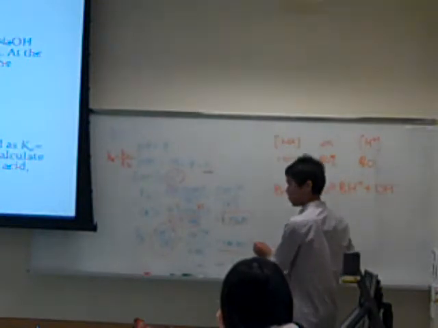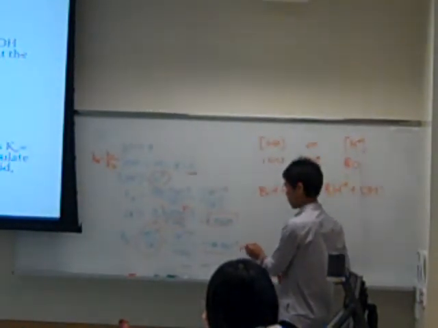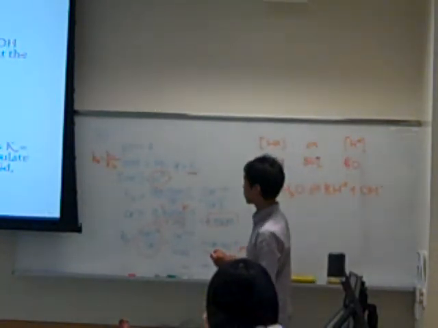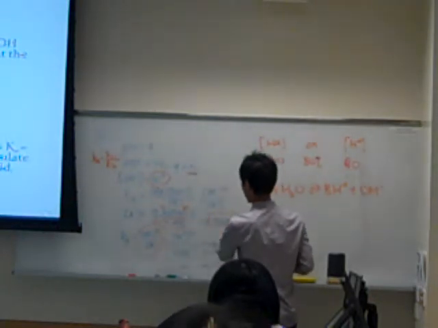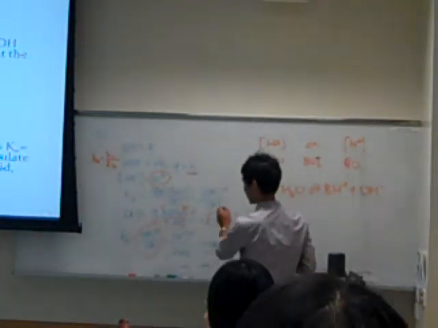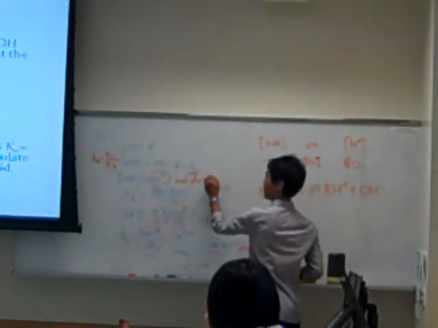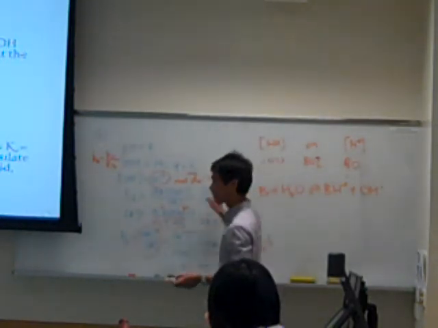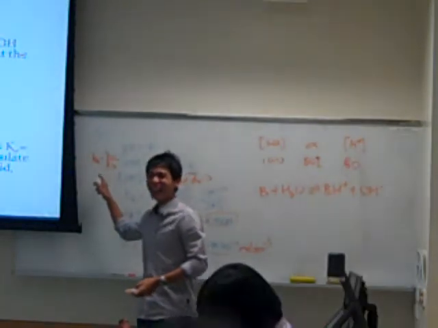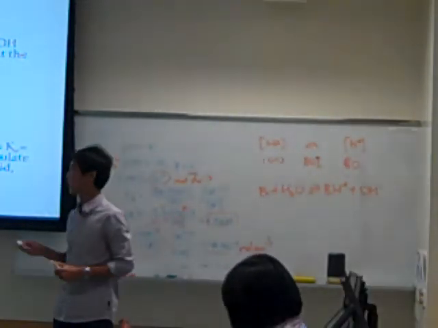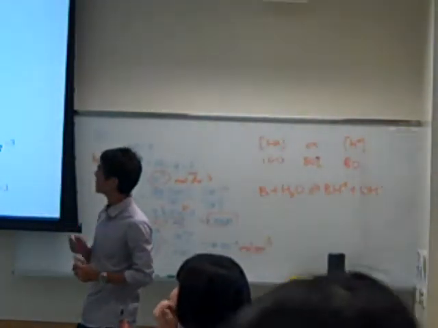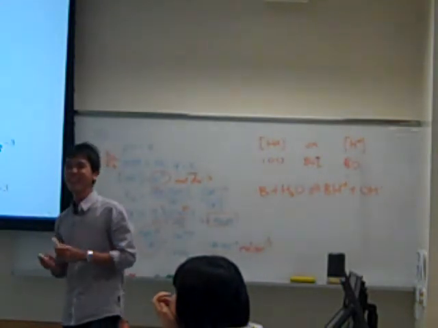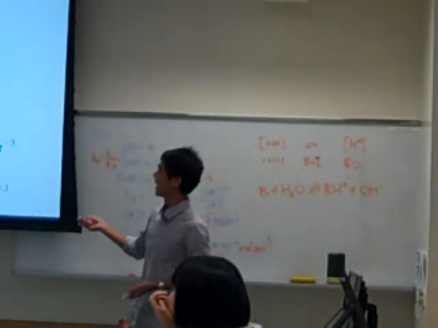Notice that I'm mixing up the unit for Kb here. Concentration, sorry? Oh, okay, yeah. So for concentration of OH minus, it is mole per dm cube. Curtin is very observant. After that, you can just take Kw divided by Kb and you'll get the value for Ka. Okay, so that's the end of the tutorial.